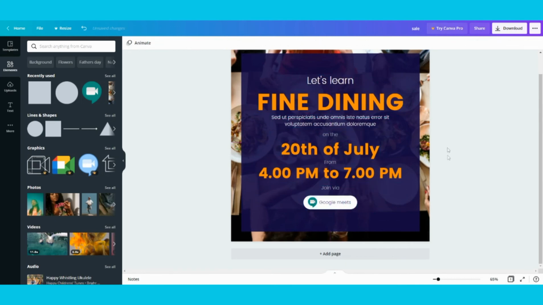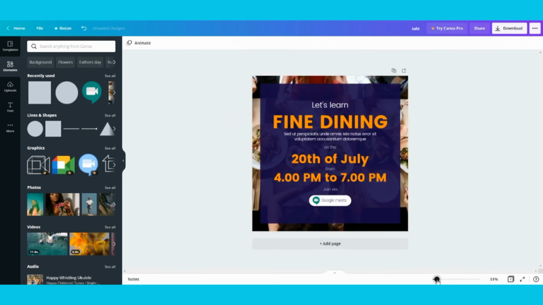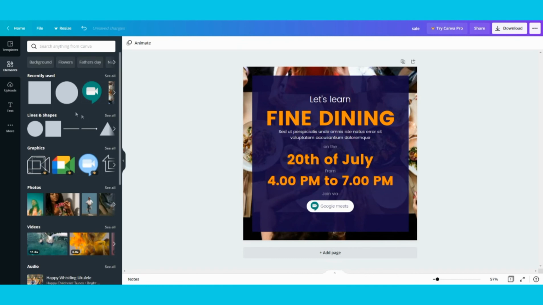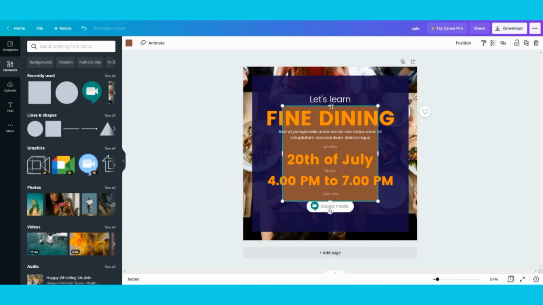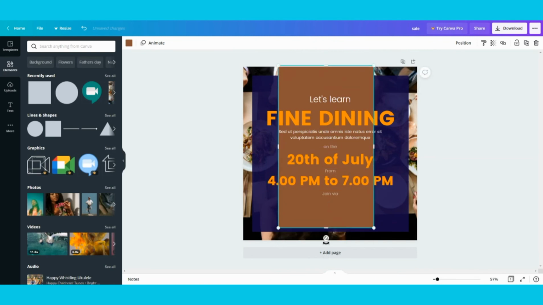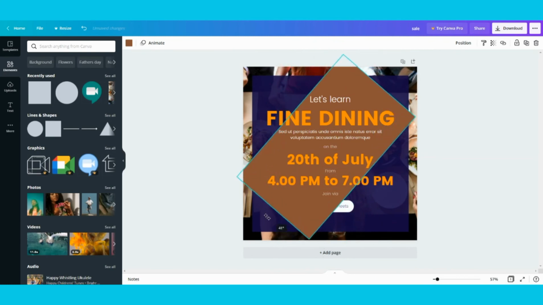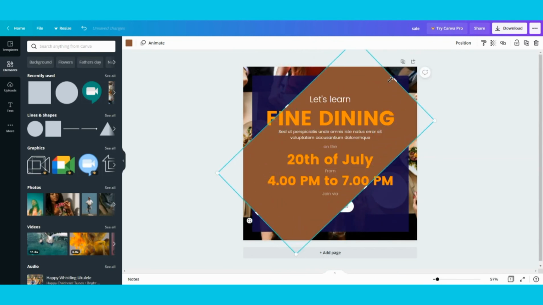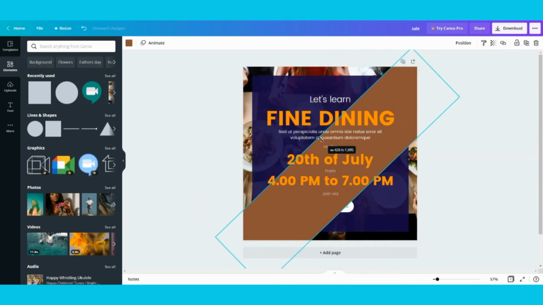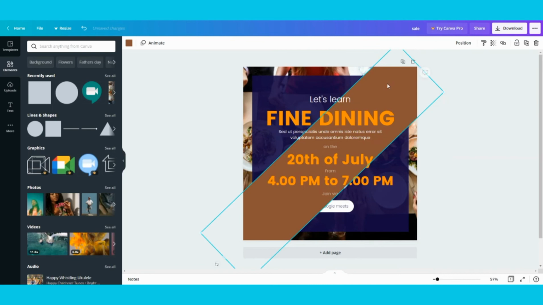Now I feel like there should be a small element between the background and our blue square. So let's take another square, stretch it so that it's long, rotate it and place it right behind the blue square that we made. Remember how to send something back? Use the Positions tab.